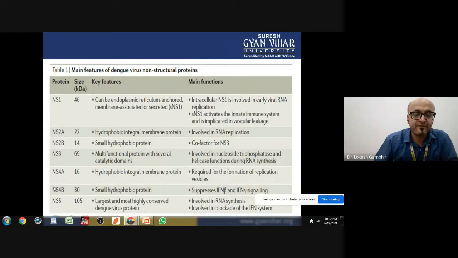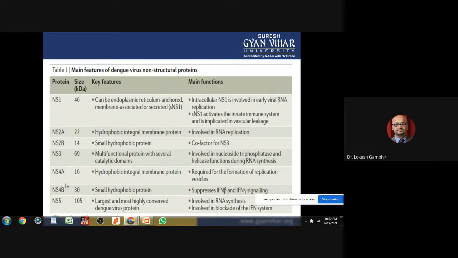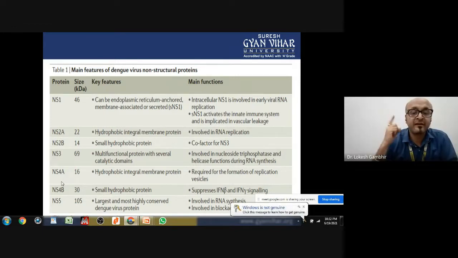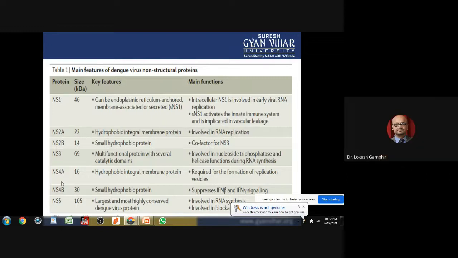These two proteins, NS4B and NS5, are responsible for inhibiting the major player of my body that mounts the antiviral response, and that player is interferon. So NS4B and non-structural 5 protein cumulatively act to suppress the interferon beta, gamma, and alpha signal. So when type 1 and type 2 interferons are both suppressed, the antiviral state is not achieved, and then it is very easy for this virus to infect a cell, replicate,